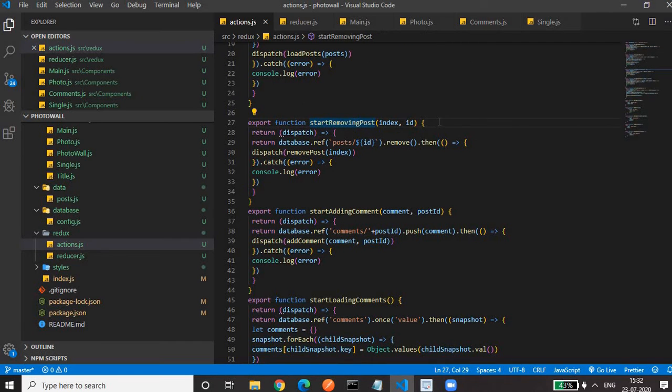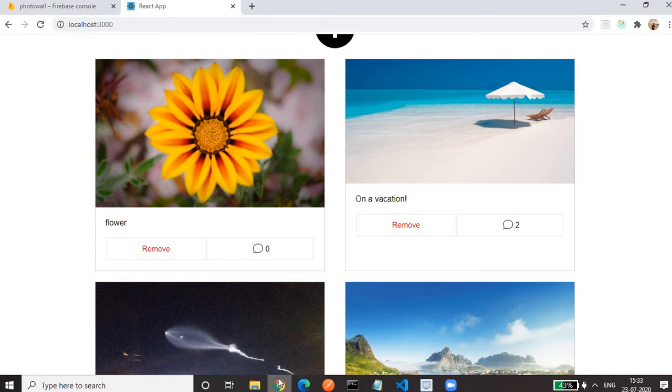We'll scroll down, and this is start removing post. It's also created using the Redux thunk. It's a function returning an arrow function, having a destructured parameter. Then we are doing the Ajax operation here, database.ref. We have to remove the data from the post with whichever ID. Each photo has an ID, right?